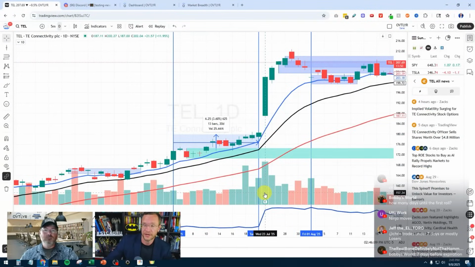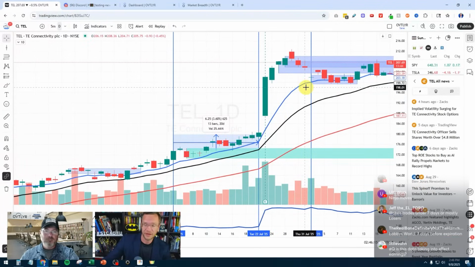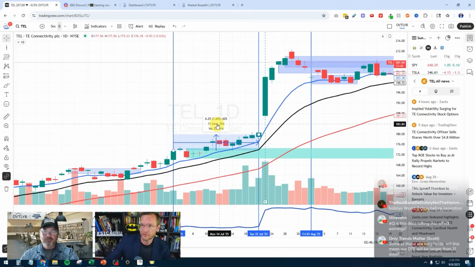But it did have earnings. So if you wanted to hold through earnings, you definitely could have gotten more. Realistically, I would not have held through earnings, and I would only have gotten $6 out of the trade, 3.6%. That's just part of my risk tolerance there. But there you go, there's a perfect example.